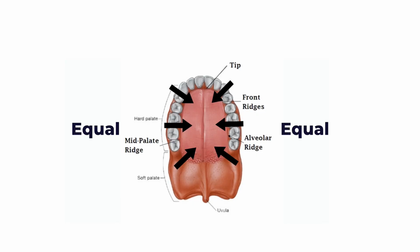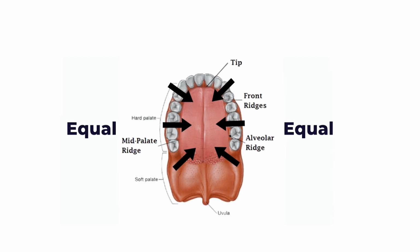We need to get the weak side of the tongue pressing up on the palate in the same way as the stronger side. We need to make it so that every time you swallow, the weak side of your tongue is pushing up against your palate along the back part of your molars rather than pressing between your teeth. To do this, there are generally 2 steps that I take to improve this for myself, and I generally recommend